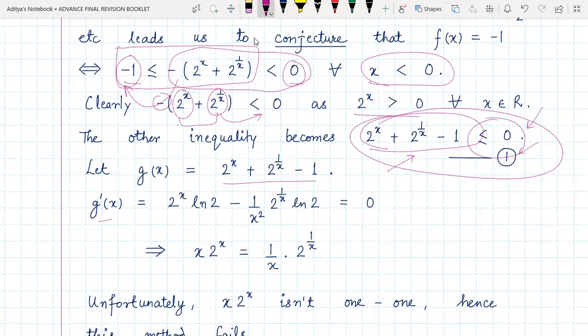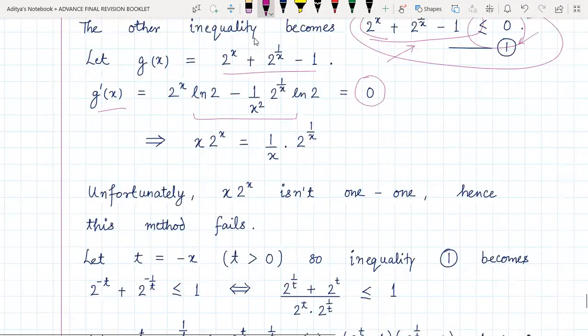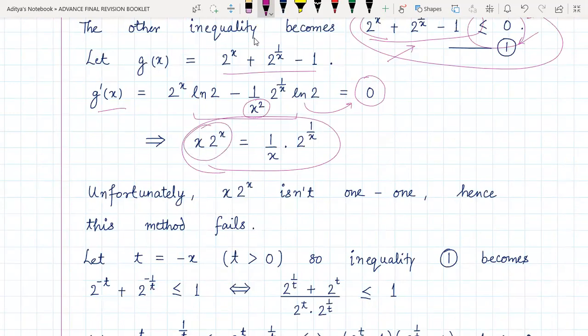So we are finding g'(x), the derivative, and this is what we are getting. We equate that to 0 in order to find the critical points of g(x). If I equate it to 0, this is the equation that I get. The reason is, this will go to this side, and out of this x square, one of the x I have cross multiplied and taken to the left hand side. The remaining thing remains on the right hand side.